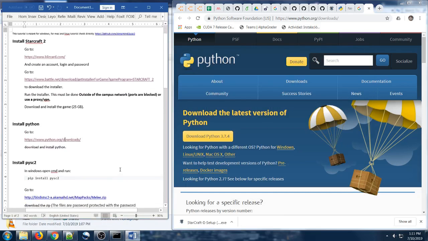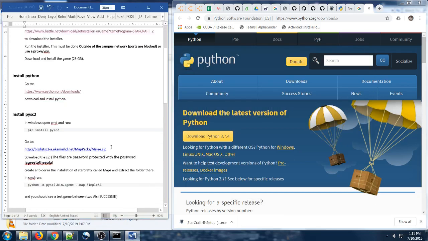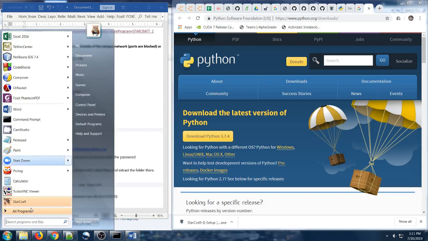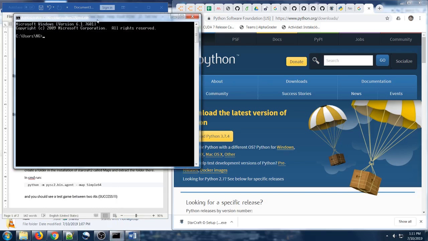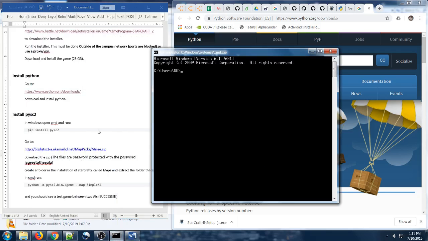So once you already have installed Python, if it asks you to restart your computer, please do so, so you can actually see that you have access to pip. Pip is a Python installer tool. So once you've already installed Python, you can actually use pip to install. You go to the command prompt and you copy and paste this command, or just run it in there. You say pip install